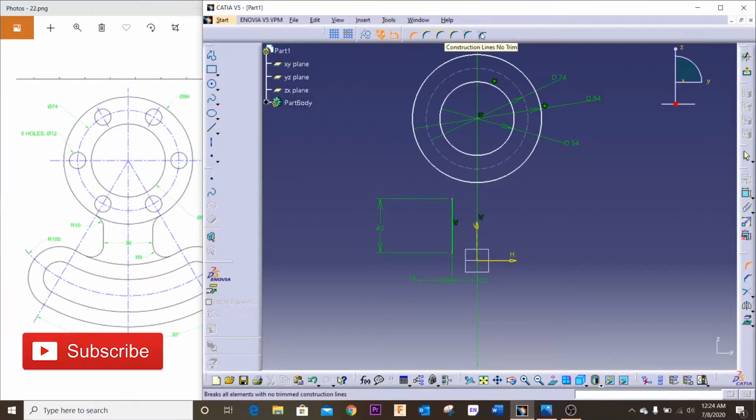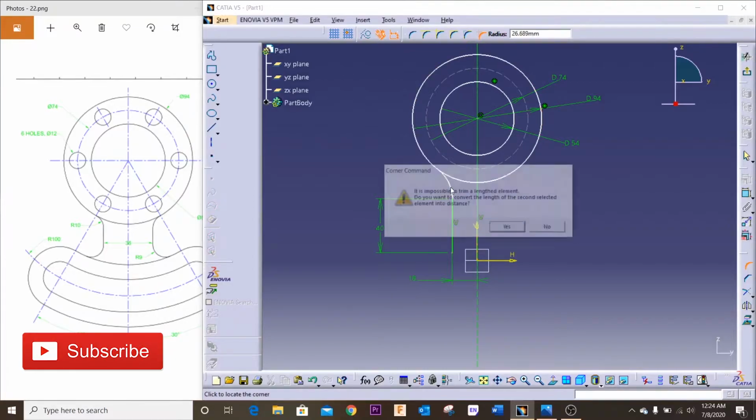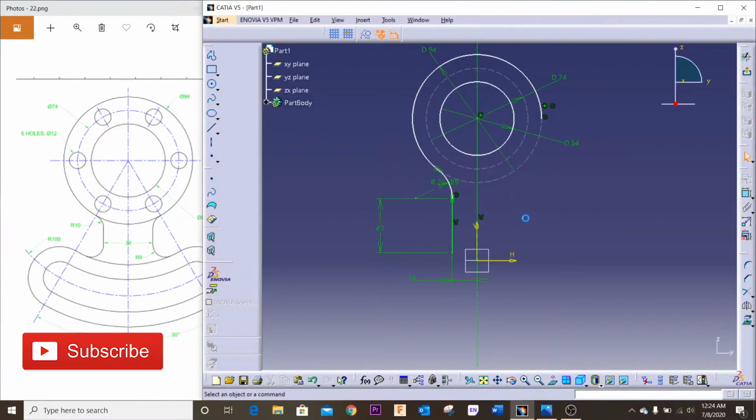How do I? Okay, construction lines, no trim. So I'm not gonna make these two lines trimmed. Okay, why is it trimmed? Control Z. I'm gonna deselect that. Okay, you know what? What I'm gonna do is,